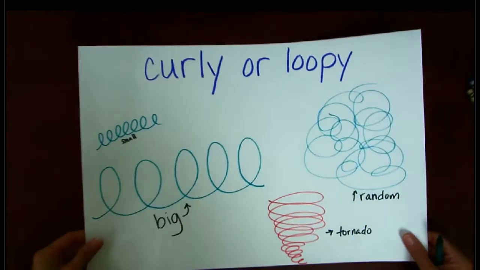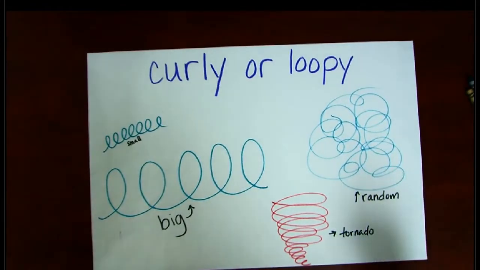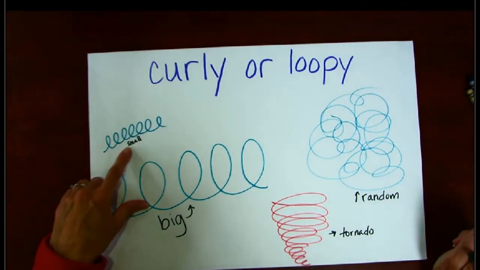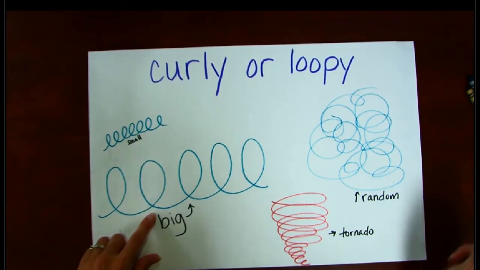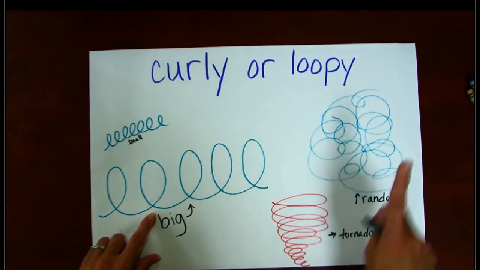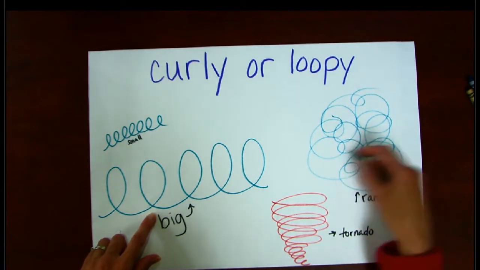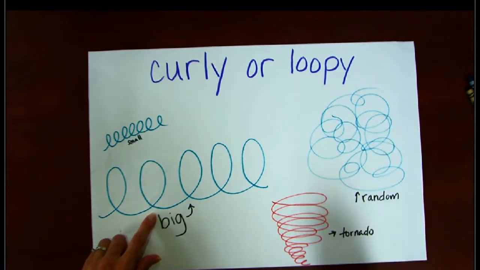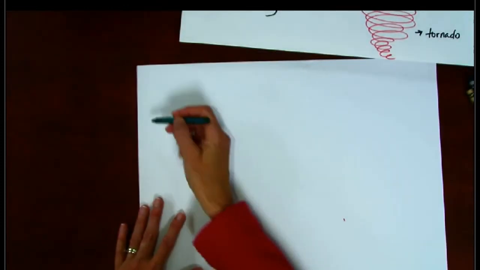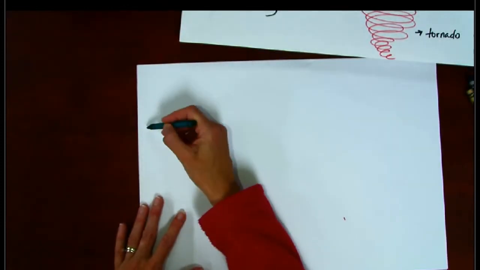All right. So the first one is the curly or loopy line. Now the curly or loopy line, again, we can have some small ones. We can have big ones. I'm going to show you how to make a tornado. And of course, we have the beautiful scribble lines, which I absolutely love. All right, so when you're making the small line, or the curly line, all you're going to do is you're